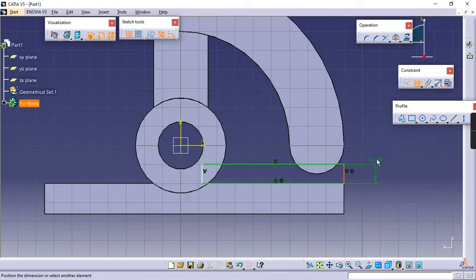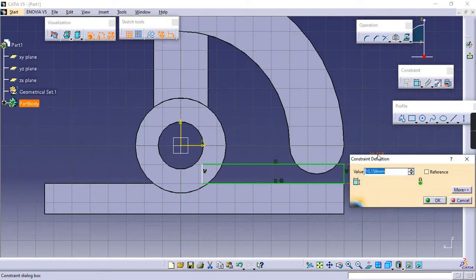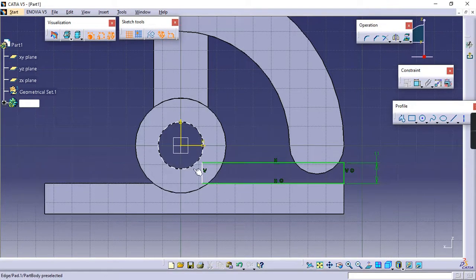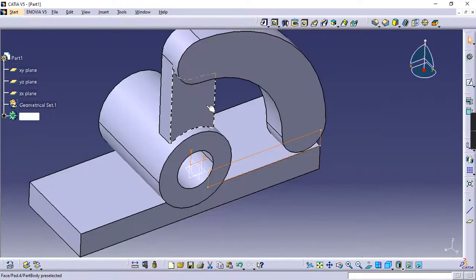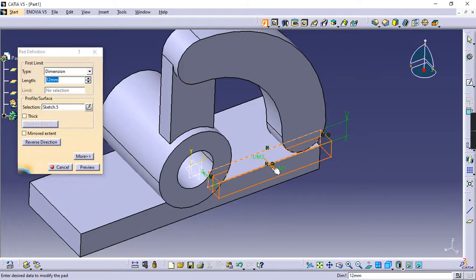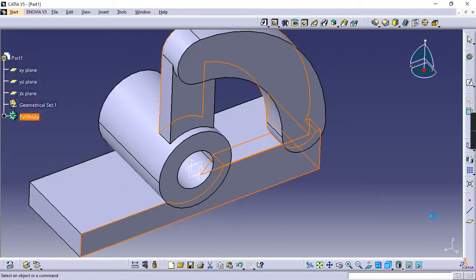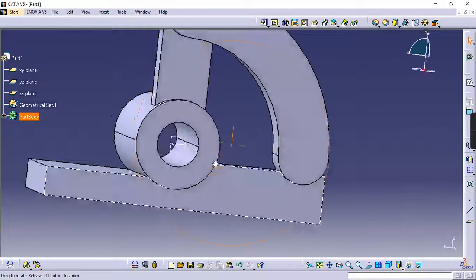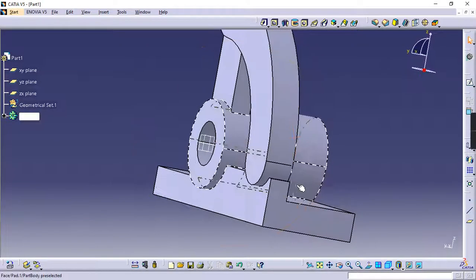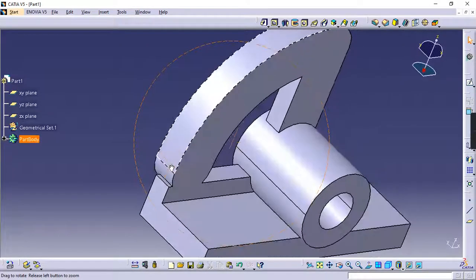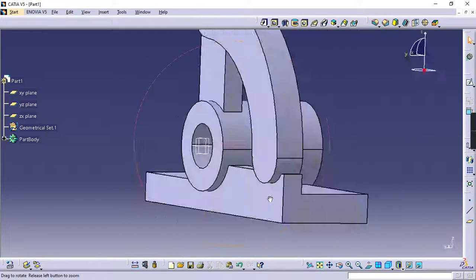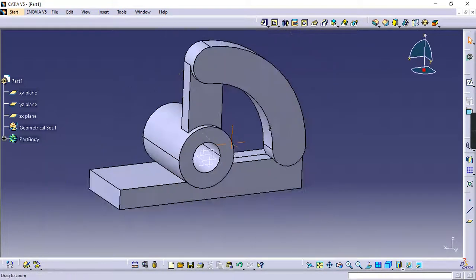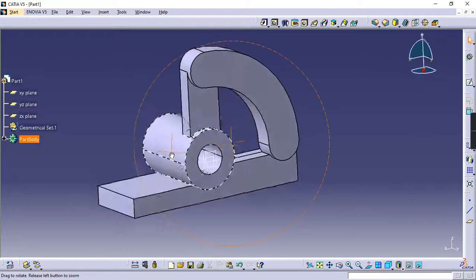Constraint, this is 11, enter. Now see that this thickness is inside this side. Exit workbench, see where I have drawn on this face, pad it in the reverse direction 12. So if it is perfectly flat you will get a flat face. There is a small step here which is not visible in the drawing but it is there. So this is over.